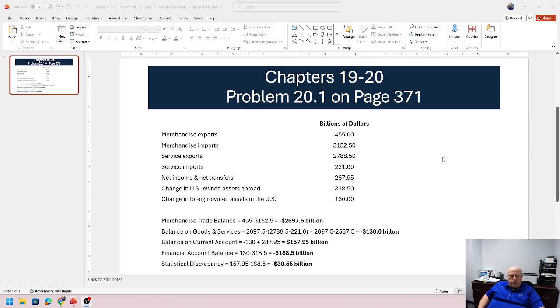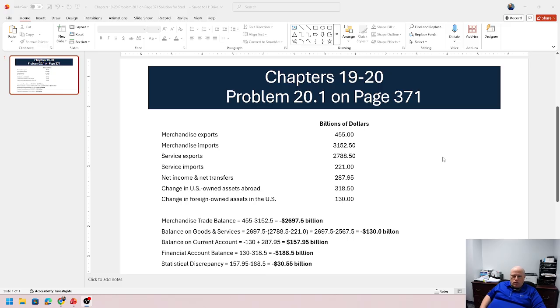It gave you both of those values in the table as part of the question. So it's very simple. You just take the $130 billion, which is your change in foreign-owned assets in the U.S., minus the $318.5 billion, which is the change in U.S.-owned assets abroad. And then we end up with a value of negative